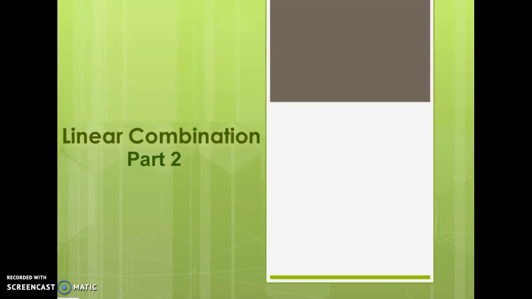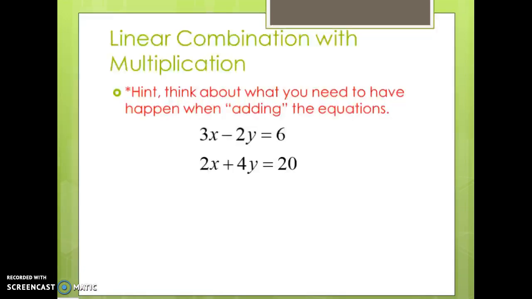So continuing with linear combination, where you're basically adding the two equations to get one of the variables to cancel out. In some cases, when you try to add the two equations, the variables aren't going to have opposite coefficients, so there's not going to be anything to cancel out. So what you'll need to do is think about what that number would have to be so that the two